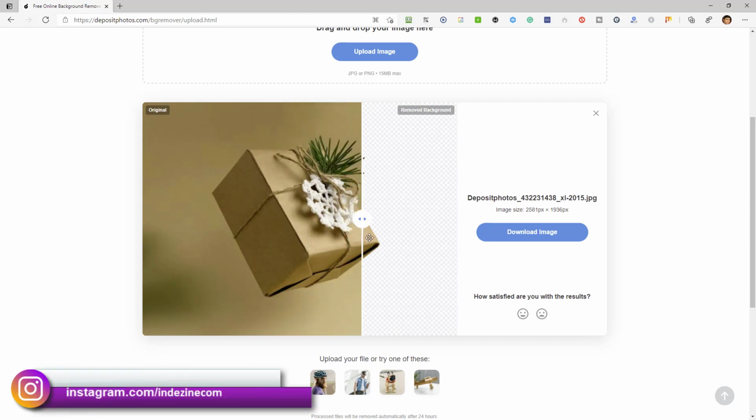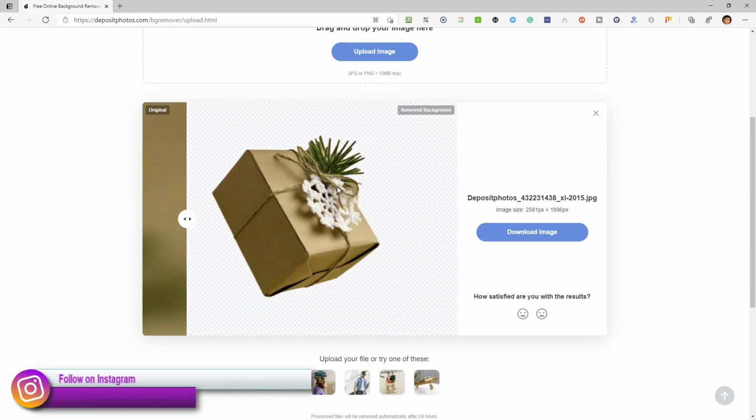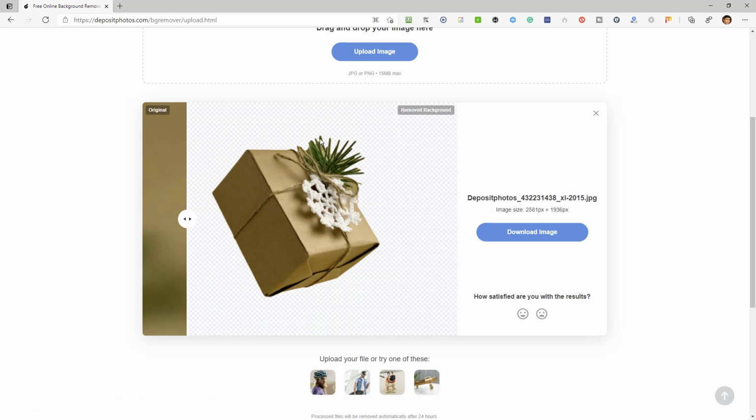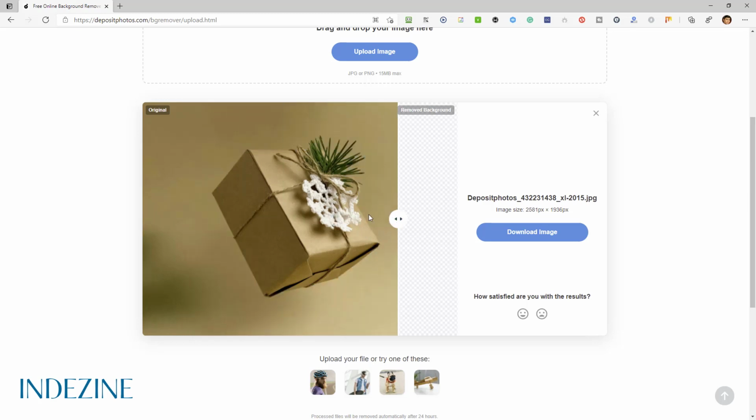Let's go and see. It's a better job than what was happening earlier, although you can see some parts here which are not very well done, but that's because there's not much difference between the background and the foreground over here. Let's go and try again.